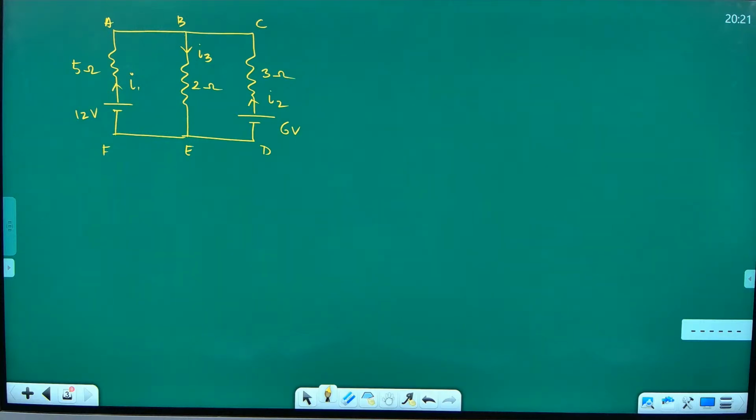See, what you are missing here is, you are taking I1, but you have to multiply I1 with 5. So 5I1, and you are taking 5 separately. It is multiplication. Potential drop is I into R. So it will become 5I1, and then here you will have minus 3I2. Ohm will not be mentioned here. Don't take all the ohms, take it as I into R. That is I1 into 5, 3 into I2, 2 into I3. Like that you should rewrite the equations. Don't solve first. Verify whether it is right or not. Solving is a waste. If it is wrong, then everything becomes a waste of time.